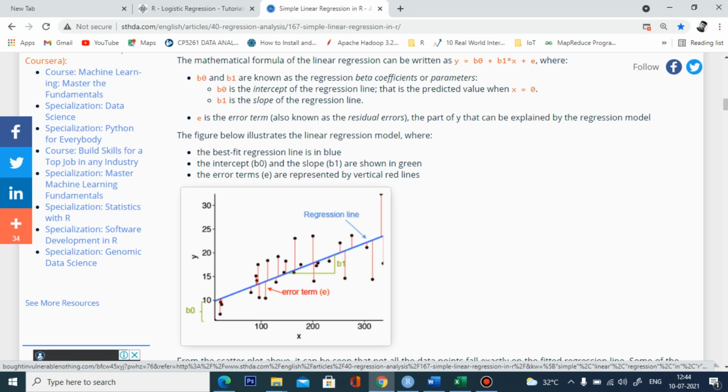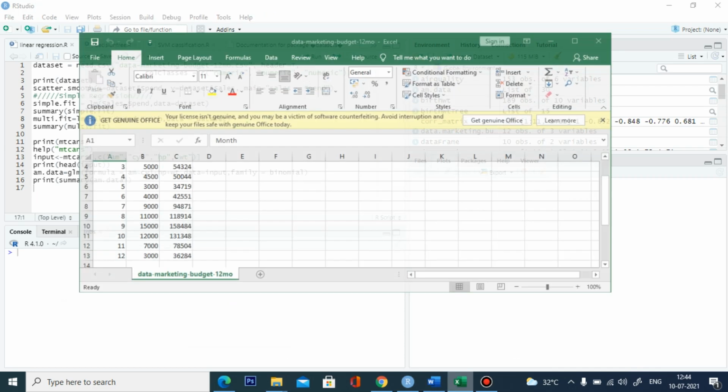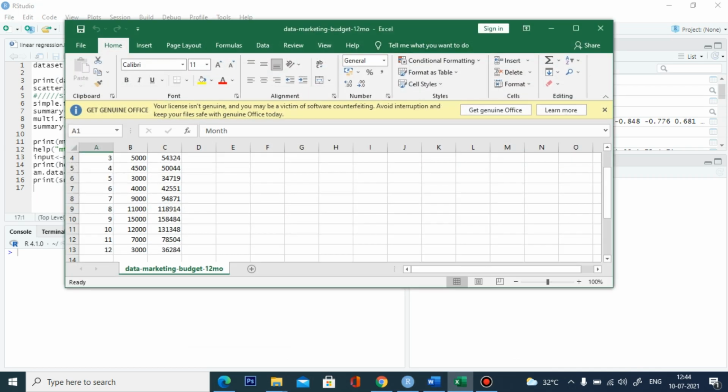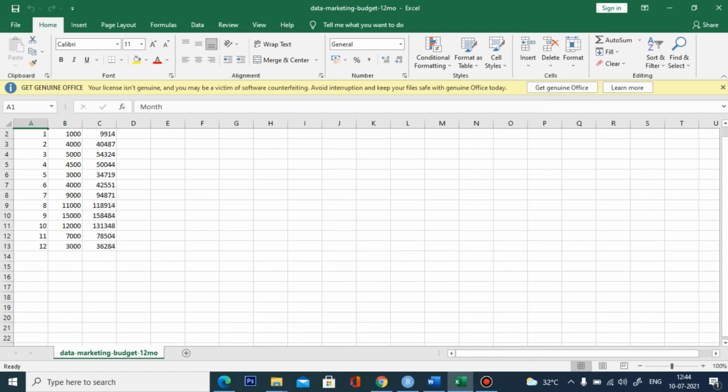So let's get into the program. This is your linear regression program. Here I am going to read the data set, the marketing budget data. This is the data marketing budget for 12 months. Here we have 3 columns: month, spend and sales.